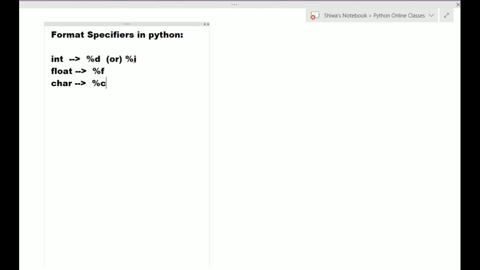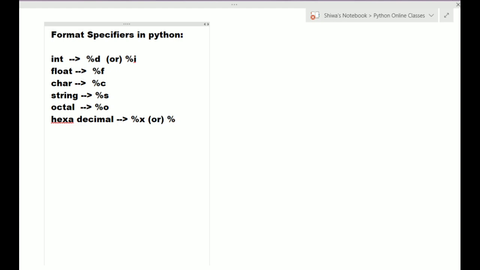Here to print the string, we can use %s. To print the octal value, we can use %o. To print the hexadecimal value, we can use %x small, or we can also use %X capital.